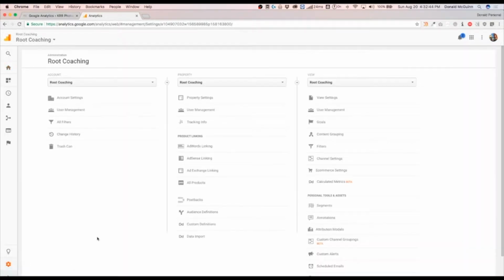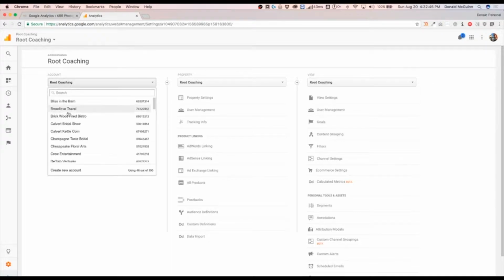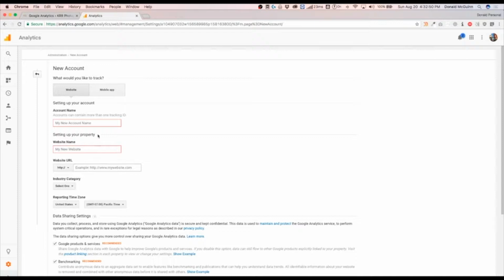From there, we're going to click admin, go to all of our analytics, and create a new account. From there, we're going to type in all of our account information: the name of the website, right here, the website name, the URL, whether it's HTTP or HTTPS, and we're going to type in the